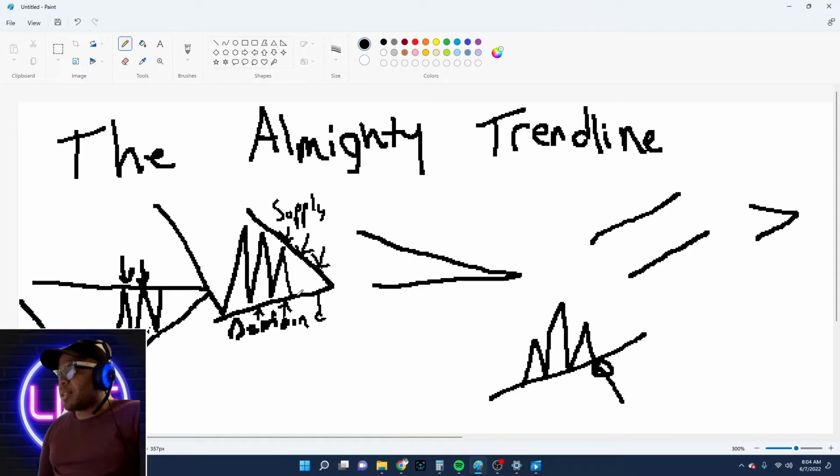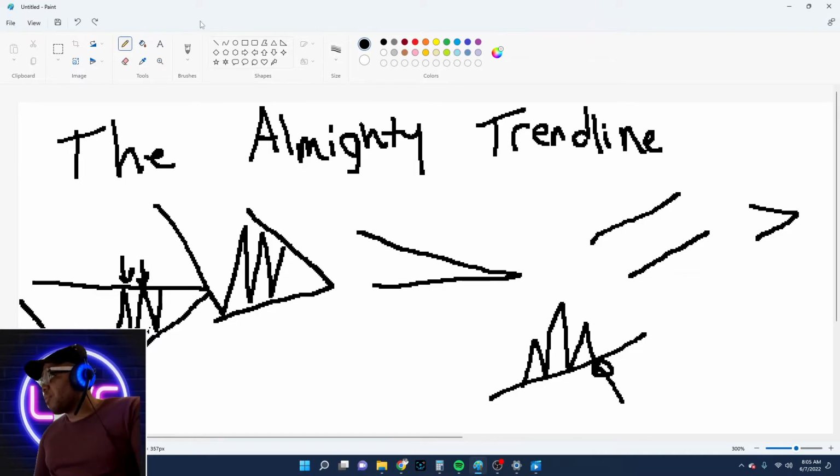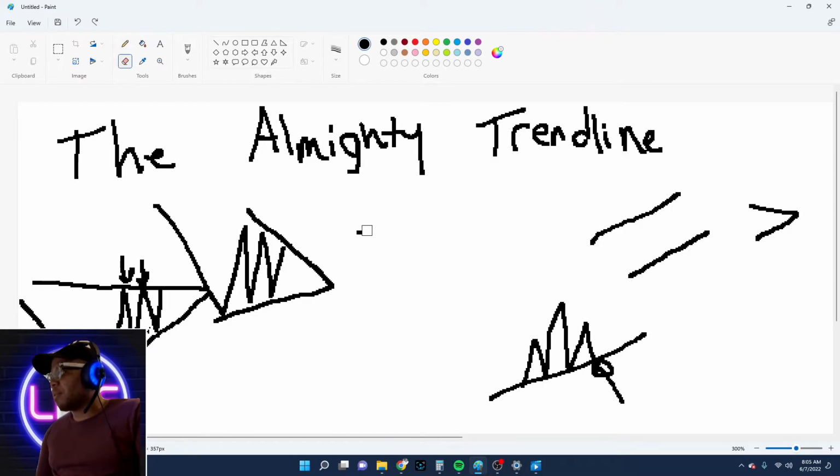They're either going to start demanding more and more, which is going to increase that demand, push it up against here, supply is going to be worn out and it's going to break to the top, or the opposite's going to happen and it's going to break to the bottom. But trend lines help you visualize that in the chart. And this one here is kind of symmetrical too, a little more symmetrical than I like for the example. Let's see if we can make it a little different here.